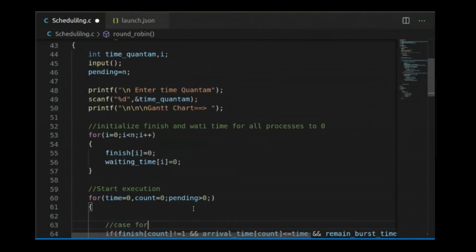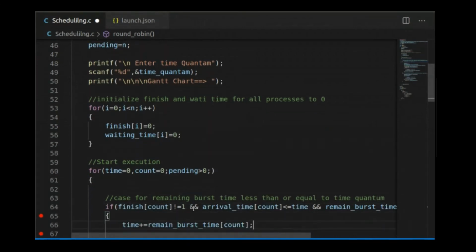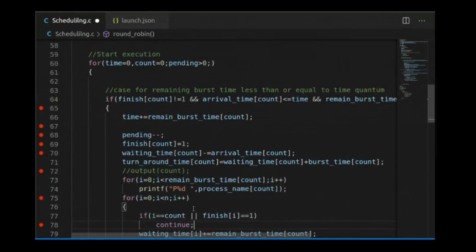Okay. Now first case for time quantum, remaining burst time less than or equal to time quantum. So this is the first case that we are considering, that burst time is less than or equal to time quantum.